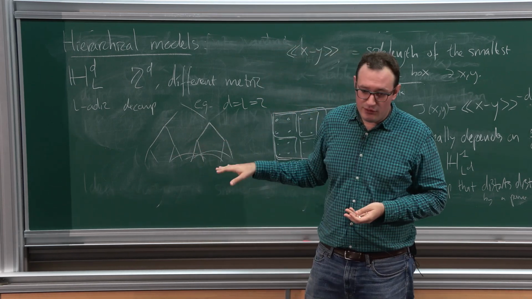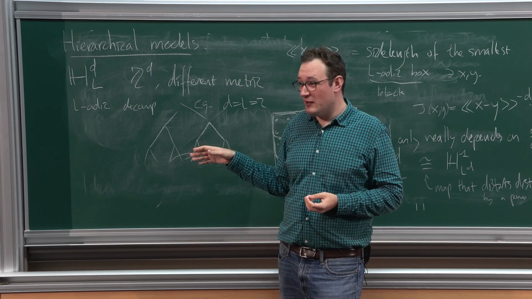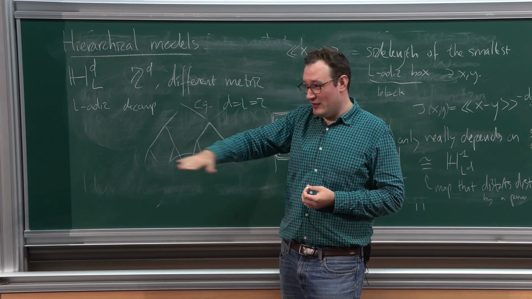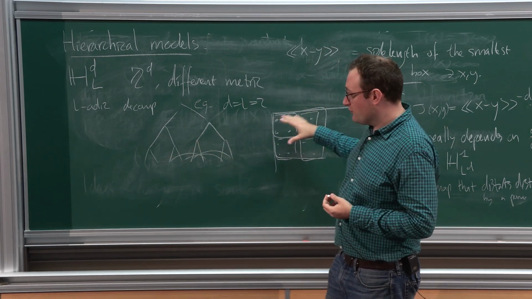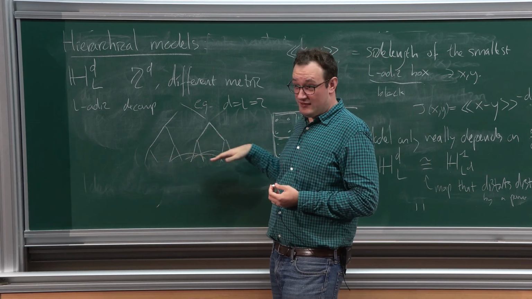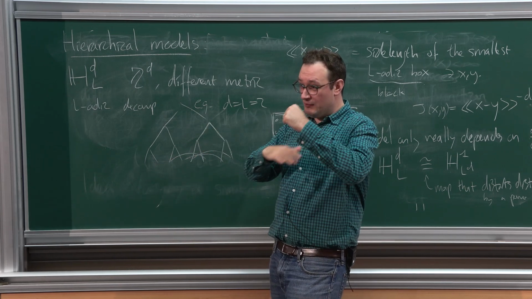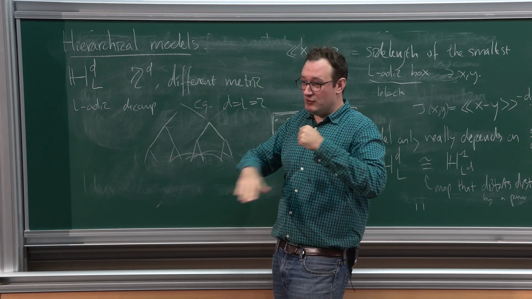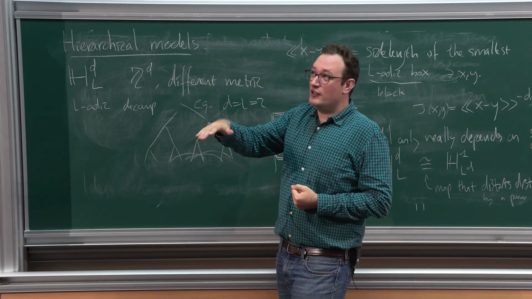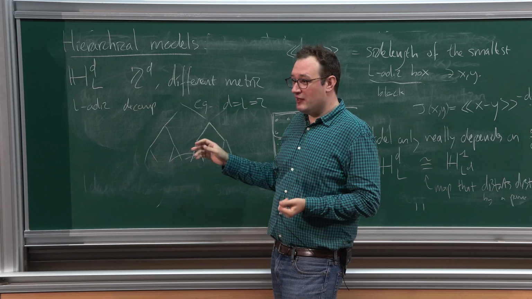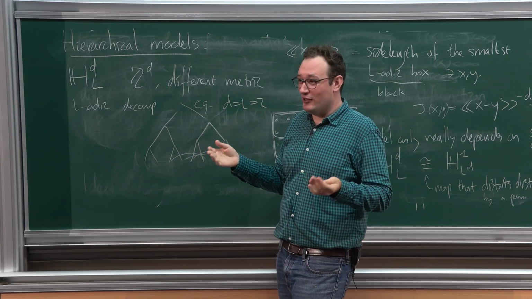And in fact, the situation is exactly analogous to, you can think of R^d, of Euclidean space, being the boundary of hyperbolic space of the same dimension, right? So the hierarchical models you can think of as being models on the p-adics instead of R^d. And the relationship between the tree and the p-adics is exactly the same as the relationship between R^d and hyperbolic space. So, I don't think you should think of this model as being a model on the tree any more than you think of percolation on R^d being a model on hyperbolic space.